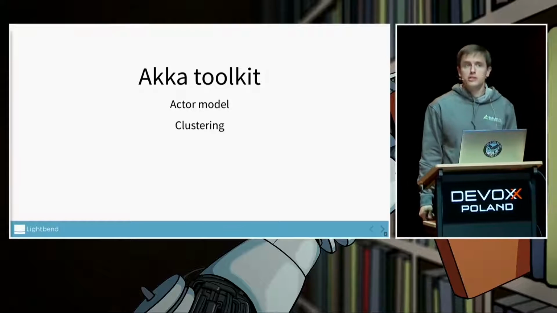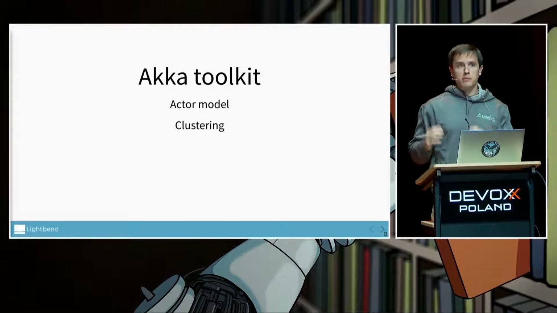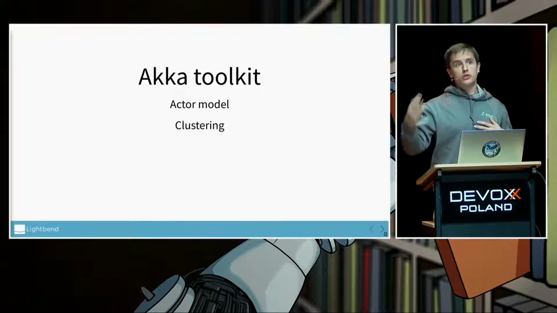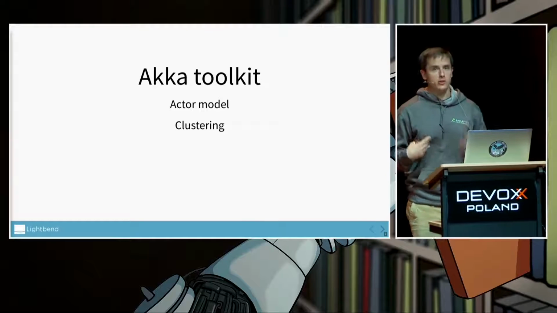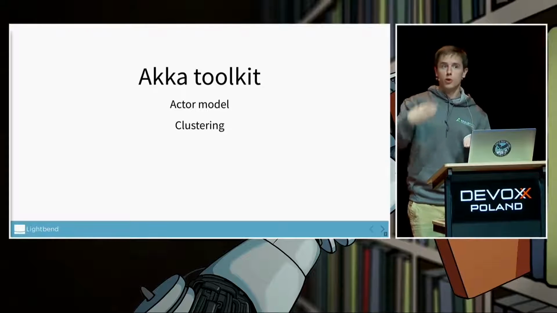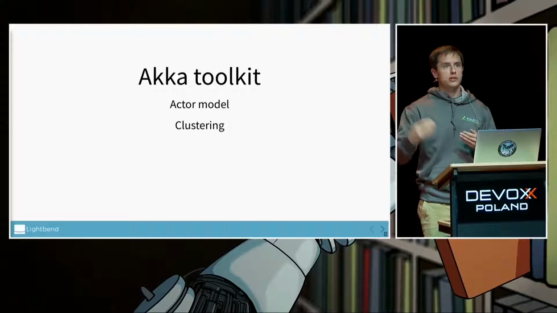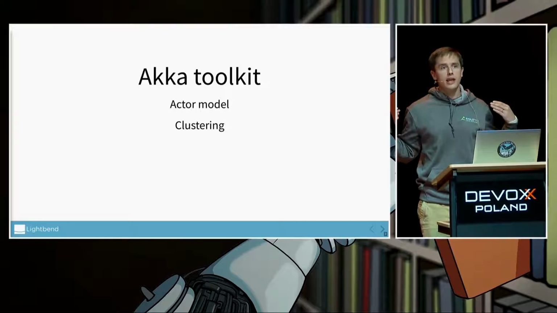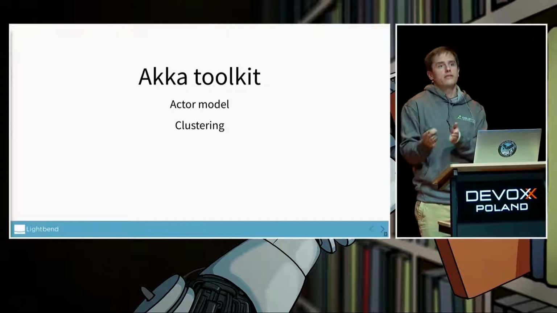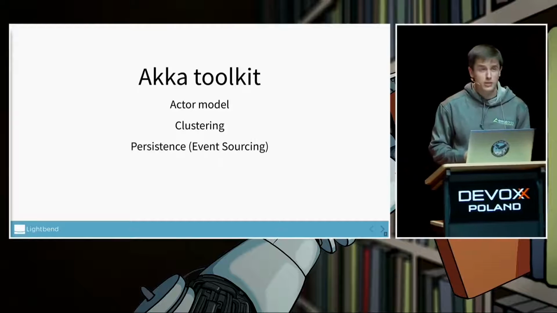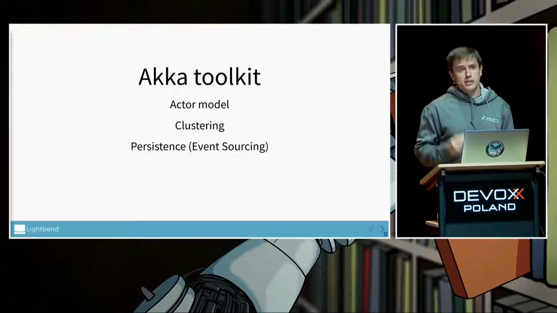We've also got a lot of clustering stuff. So anytime you want to take your application and start to run it on multiple hosts and address things in a location-independent way. So imagine you had an object in memory for each of your customers, because as requests came in, it'd be too slow to go to the database each time. You can do that with Akka, and you can let your actual requests come into any of the JVMs, and it'll route it accordingly. We've got an event sourcing library, which is not a general persistence library, it's for doing event sourcing and CQRS.